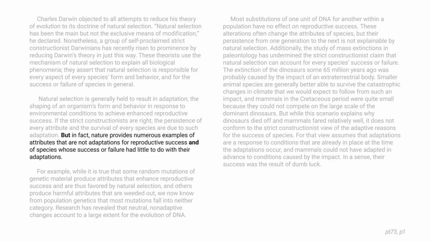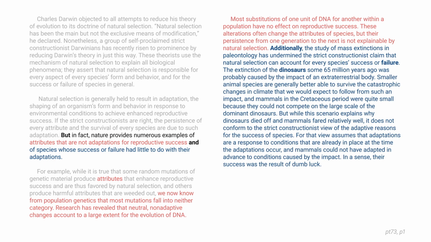The first idea is that a lot of adaptations, or a lot of attributes, aren't the result of being an adaptation to your environment. And we cover that through the beginning of the third paragraph. And then the second point the author's making is that there's also just an element of luck and chance in terms of whether a species survives or goes extinct. And the author covers that with the back end of the last paragraph.